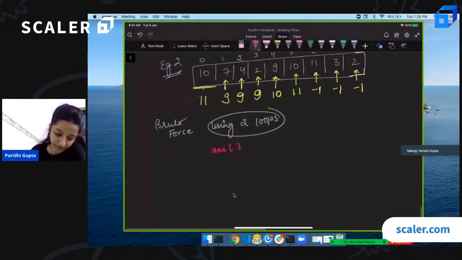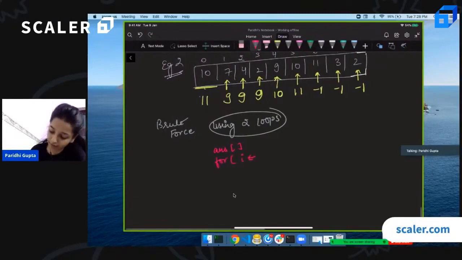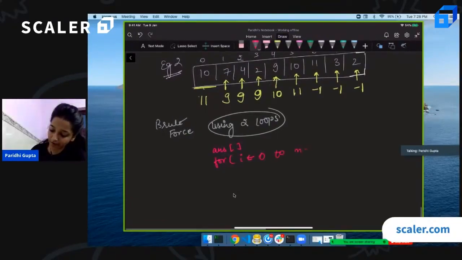You can have an answer array. Then you can iterate through all the elements from 0 to n-1. Then for those elements, you can again iterate. First you can initialize your result to -1, in case you don't find any element. So you can do for j that goes from i+1 to n-1.